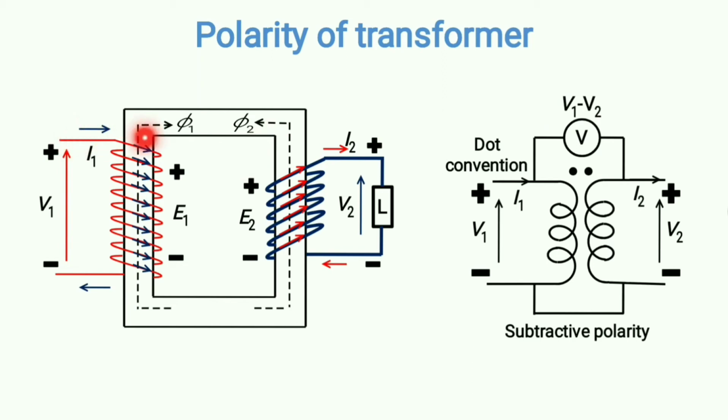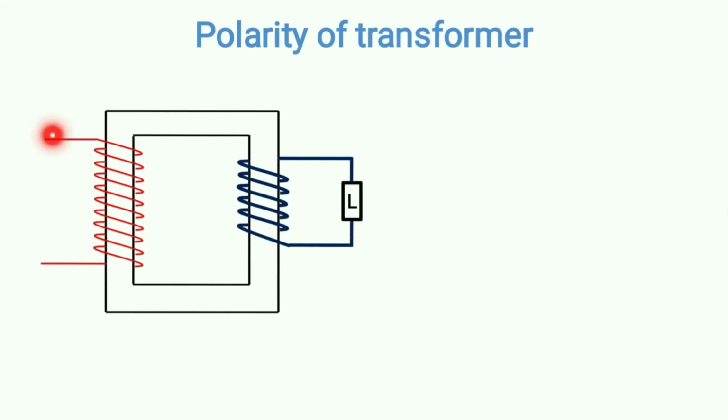See here, the primary winding is wound up in this fashion and the secondary winding is wound up in this fashion. So in the next slide I will show you another example where I have kept the primary winding the same, but I have reversed the orientation of the secondary winding. See here, the primary winding orientation is the same as previous, but the secondary winding orientation is just opposite compared to the previous case. So now I will show you that by changing the orientation of the secondary side winding you can actually change the polarity.